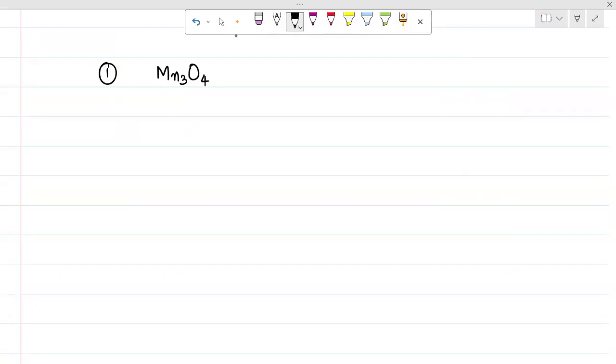For that, you have to first of all identify the metals that exist in +2 and +3 oxidation states. Here A and B sites are the same. So you have Mn+2 and you have Mn+3. All that you have to do is, I'll show one example and the remaining examples you can do on your own. Mn+2 has a configuration of d5 and Mn+3 has a configuration of d4. You fill both of these configurations under